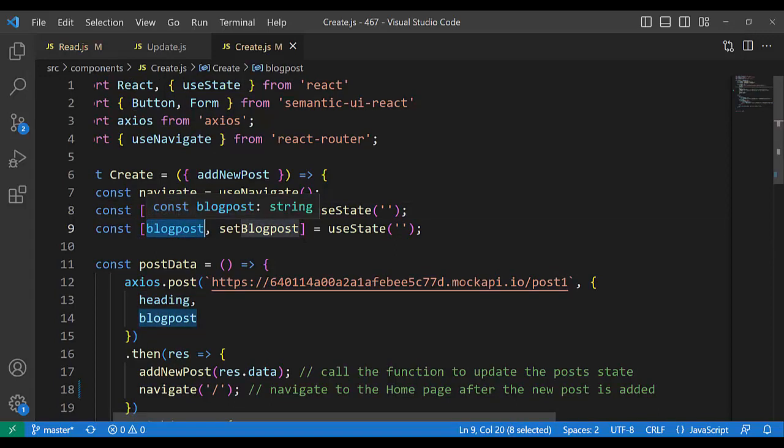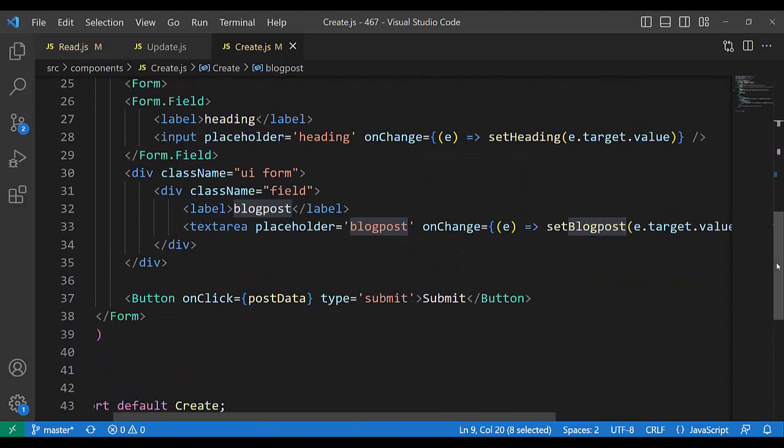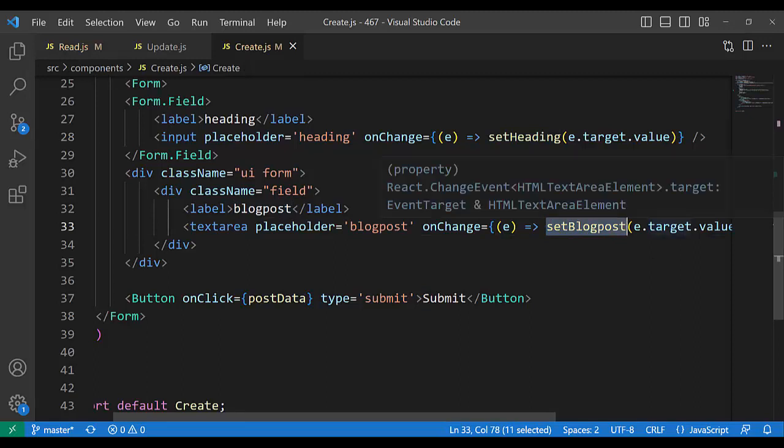We declare two states, and that state can only be changed in this component, here, with set heading and set blog post. And we change it. It was empty in the beginning, initial, and now has the text that we write. And we click on